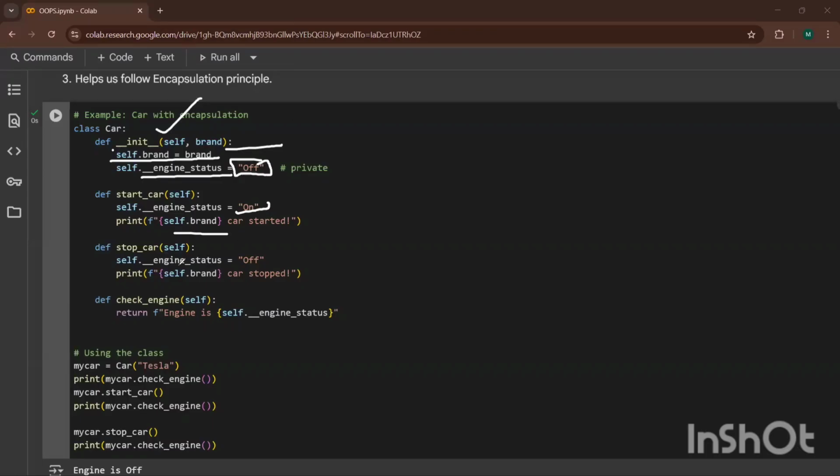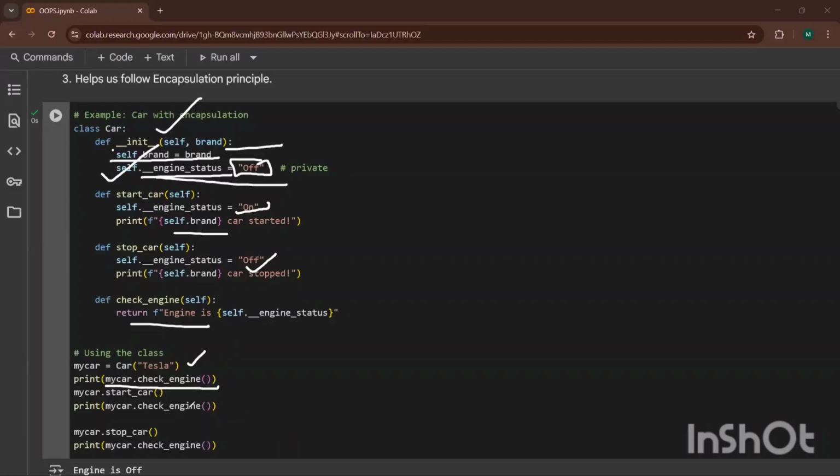Again, for stopping the car, I'm changing the engine status to off. And for checking the status, first of all, I'm creating the car Tesla and I'm not starting or stopping the car. I'm just checking the engine. So what answer will I get? I will get off, because by default it is off.